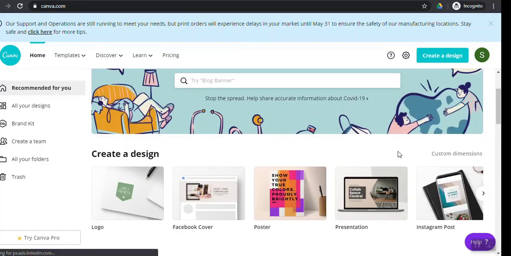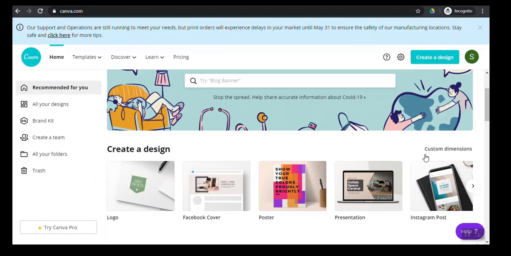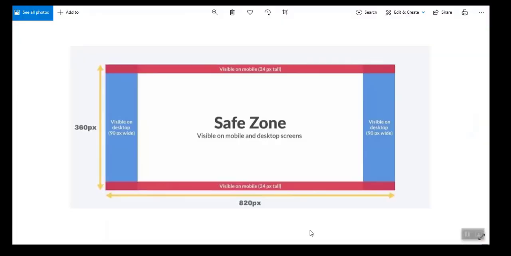Next, you need to give a custom dimension for the size of the Facebook cover page. Before we start creating the image, we need to provide a custom dimension, that is the size of the image. This image will explain it more easily. What this image tells you is that the dimension of the Facebook cover should be 820 by 360 pixels. Facebook shows the same cover photo differently on computer and mobile, so it is good to understand this image first.